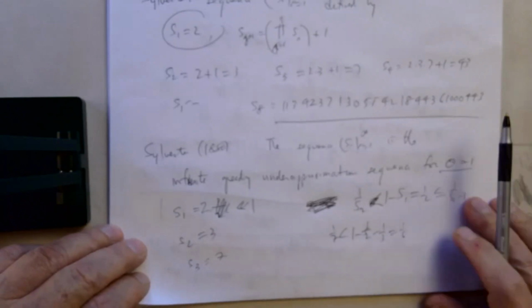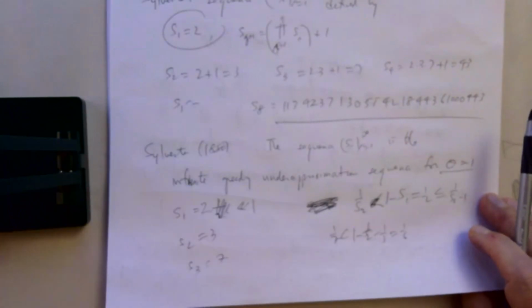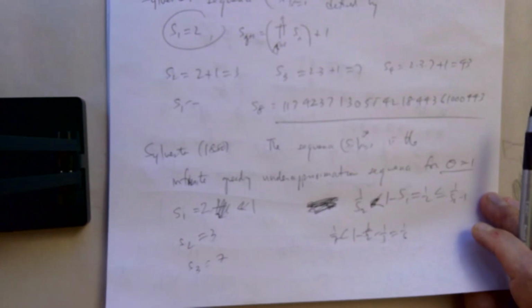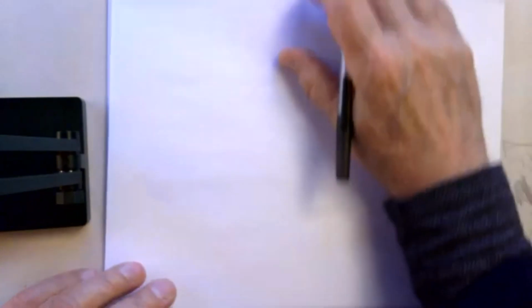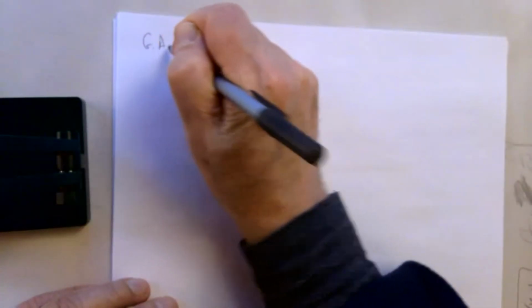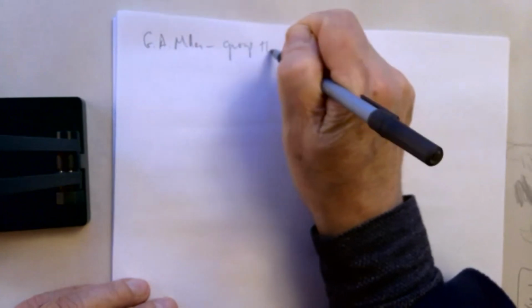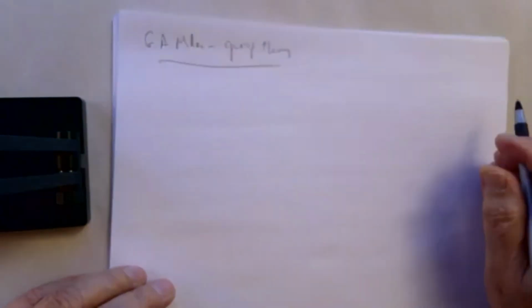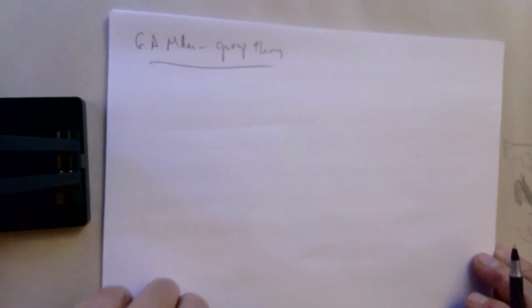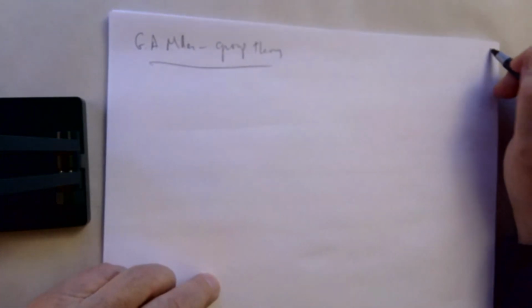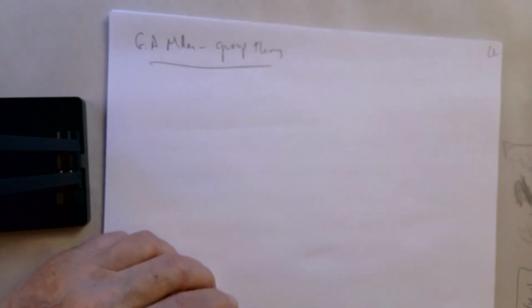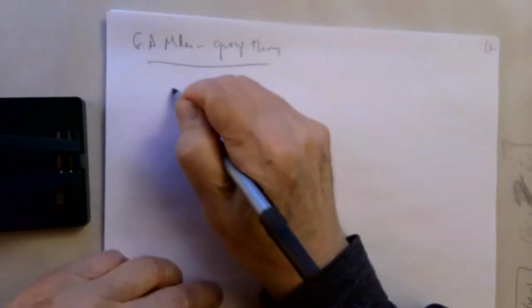But this is Sylvester's theorem. And not too much later, in around the 1920s or so, there was a famous American mathematician, G.A. Miller, who studied group theory. And he was looking at conjugacy classes in groups, and in what is really a natural way, was led to the conjecture